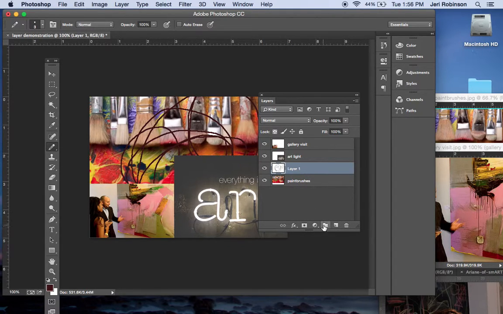Now, some people like to work with groups. They're essentially file folders that hold all the information together so that they move as a unit. I'm going to click on a folder. I'm going to double click that group and call it photos. I can drag all of my photos in there